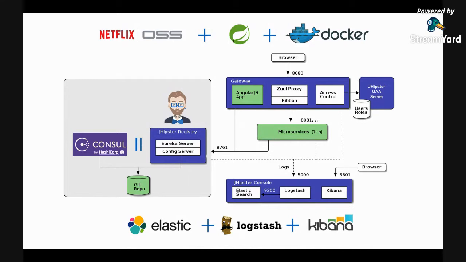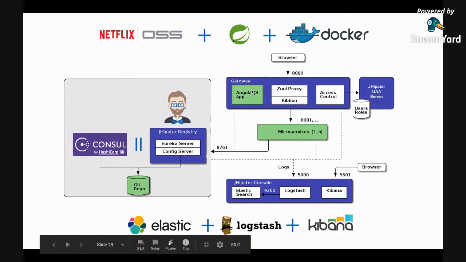Or it can be any user servers like OAuth 2 or your own database. And then you have literally any number of microservices that you want to run. All those microservices on the gateway application connect through a registry. You can choose between a JHipster registry and a Consul. The Consul is from HashiCorp, so you can choose between Consul and JHipster registry, and all the connections will